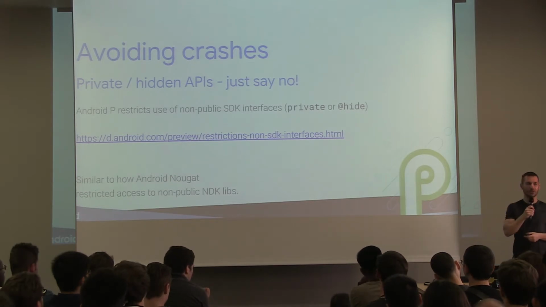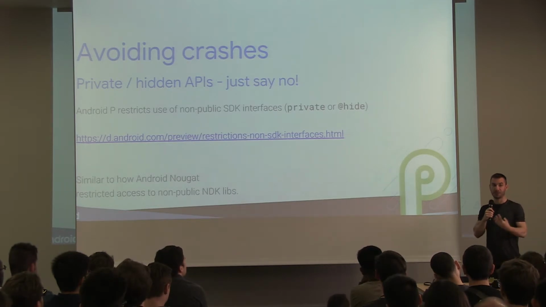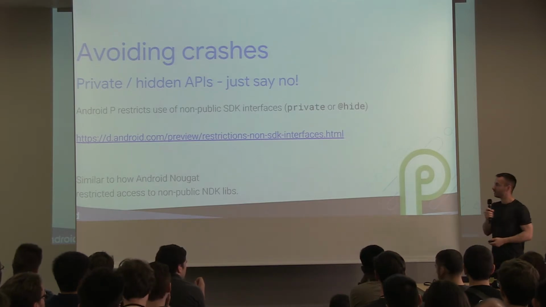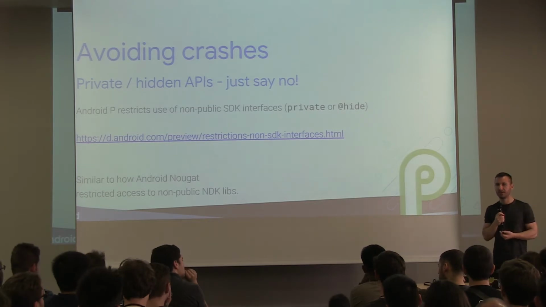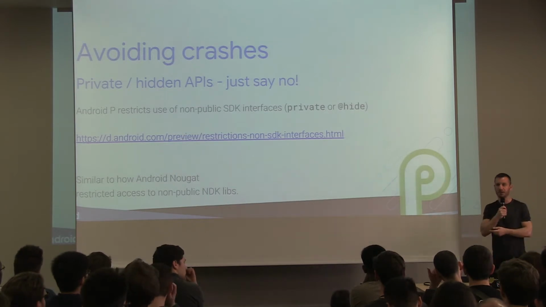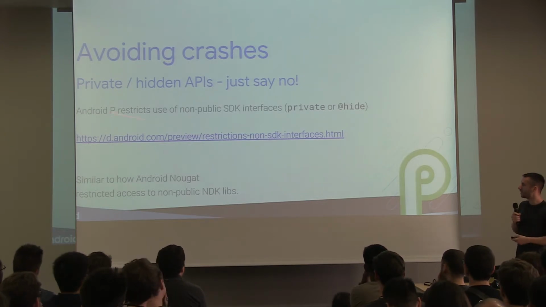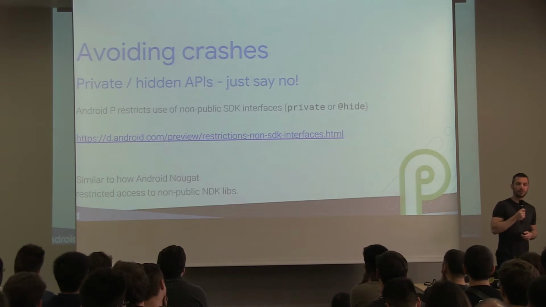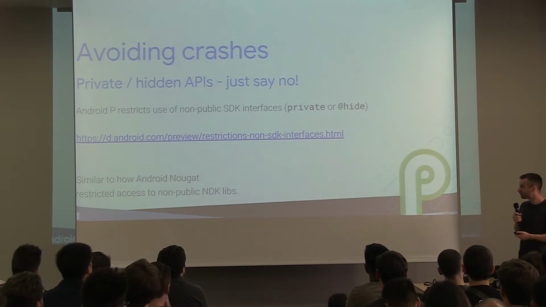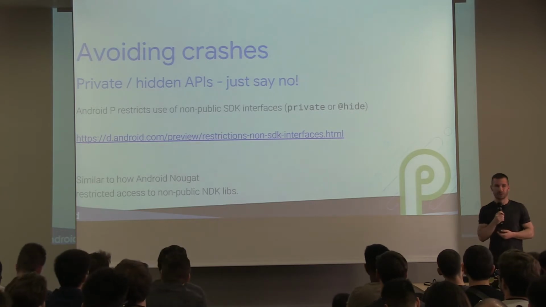And then a new version of Android comes out, or a manufacturer releases a phone where they actually changed this, or removed it entirely. And suddenly your app breaks for everyone who upgrades. And that's because we never intended for these APIs to be actual APIs. So it's not stable. It's an implementation detail. We can change anything about private and hidden methods because you are not supposed to call them. And that's why in Android P, we are restricting the use of non-public SDK interfaces. So read about it more in the documentation in the preview section. And we're going to be doing that in phases.